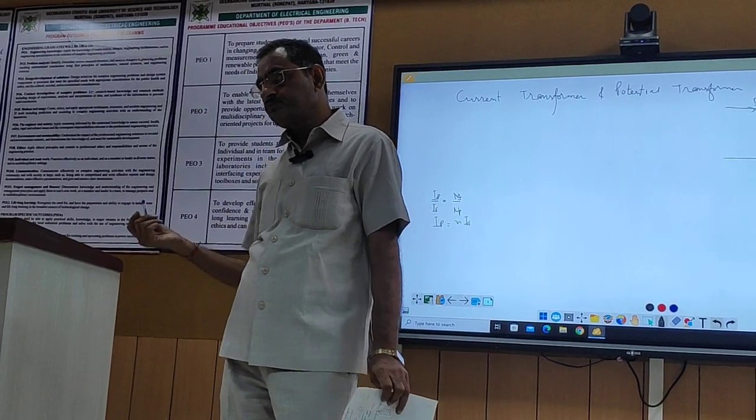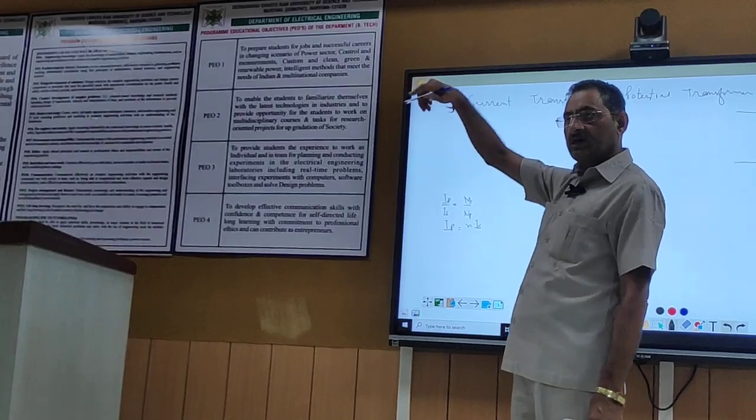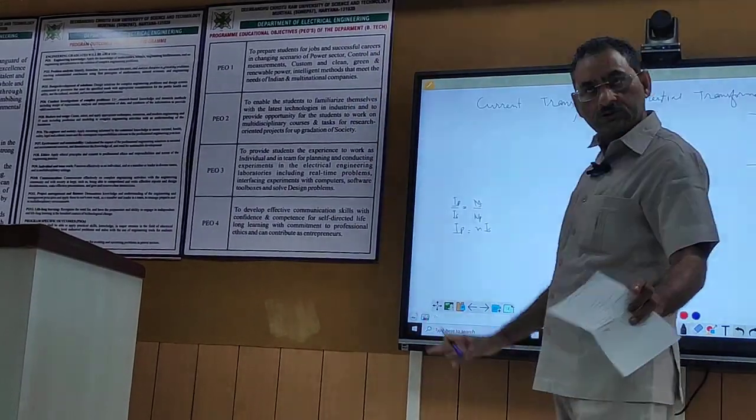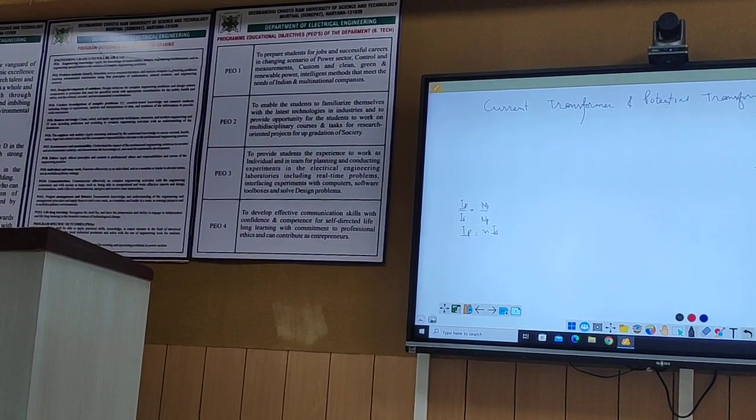So it means, proportionate to that, multiplied by 200, you will understand the current flowing into the primary is this. Is this point clear or not? Okay. Now